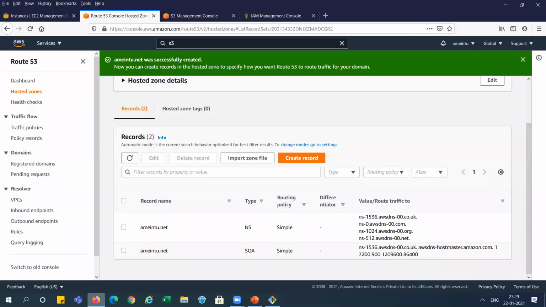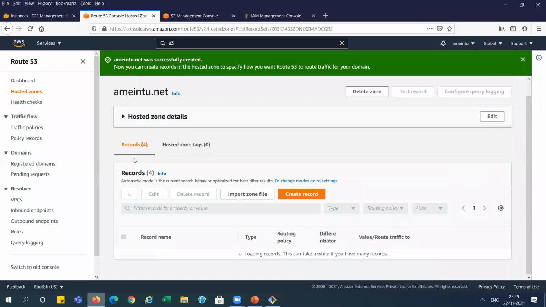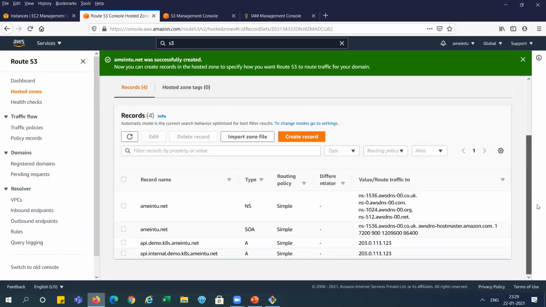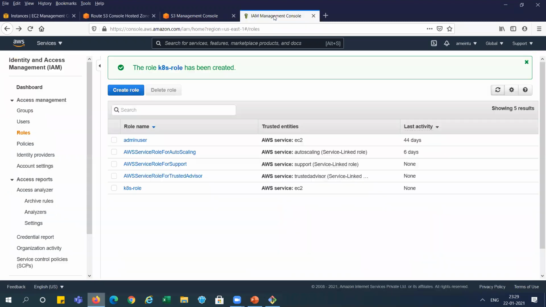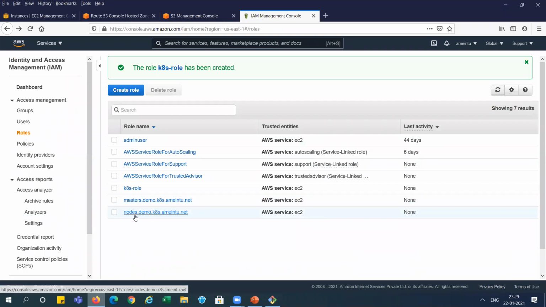We have access from the console. Just see, this is the content. We have only 2 instances when we create this record set. Let's refresh it, right? Now you can see here it is created 2 record sets here, right? And now IAM side, let's check. I'm refreshing it again. You can see 2 more roles are created, for the master and for the nodes worker machine, right? These two things are created here.